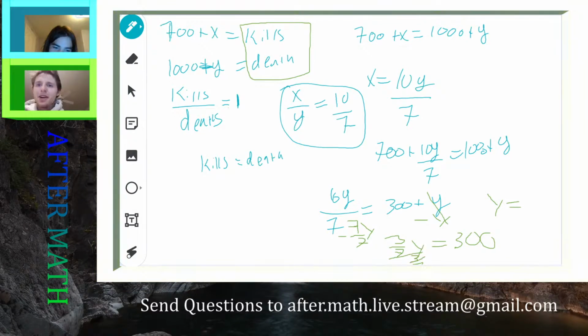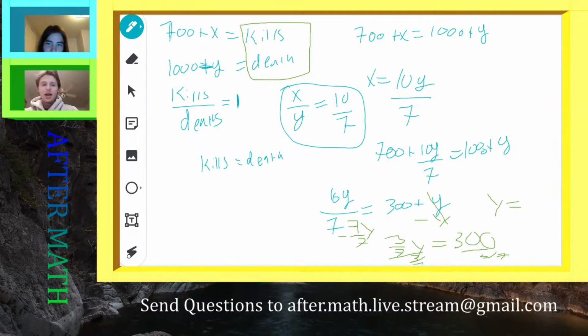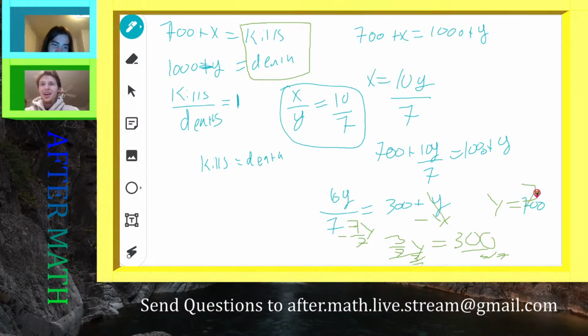Divide by 3 over 7. So 300 divided by 3/7 equals 700. So that's 700. Okay, so we've got 700 deaths, but we wanted to know